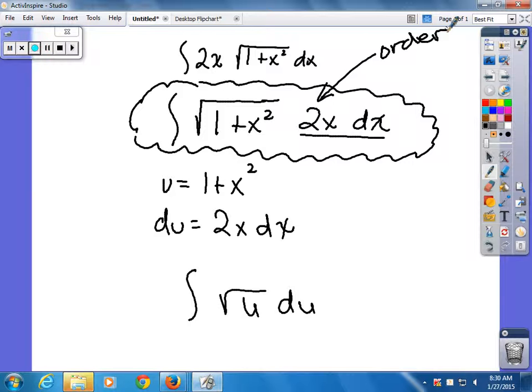You can't do that if this is sitting out front, so it's a helpful hint to put it in some kind of order. Usually your most complicated term should go first, and then this should follow, and then when you take the u right here and you take the du, you'll see that it's right there. So we're going to take the antiderivative of u to the 1/2 power du,